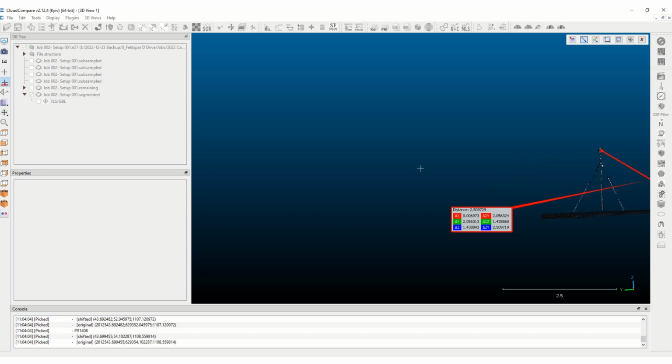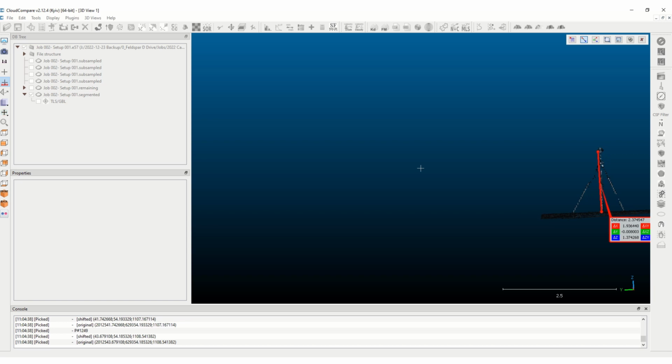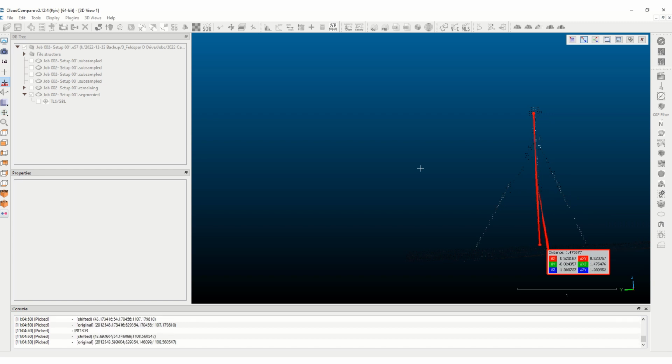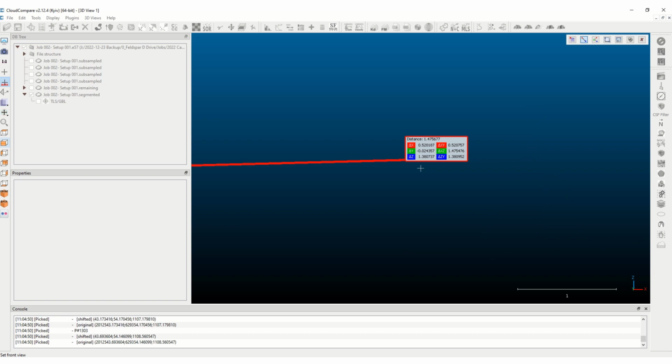So I'm gonna repick that again. I'm gonna go right about there and to there, and that's another. Yeah, that's off. Let me go about there to there. Okay, there we go. And so it says 1.47 meters, and I could just kind of confirm that I'm not picking off in some